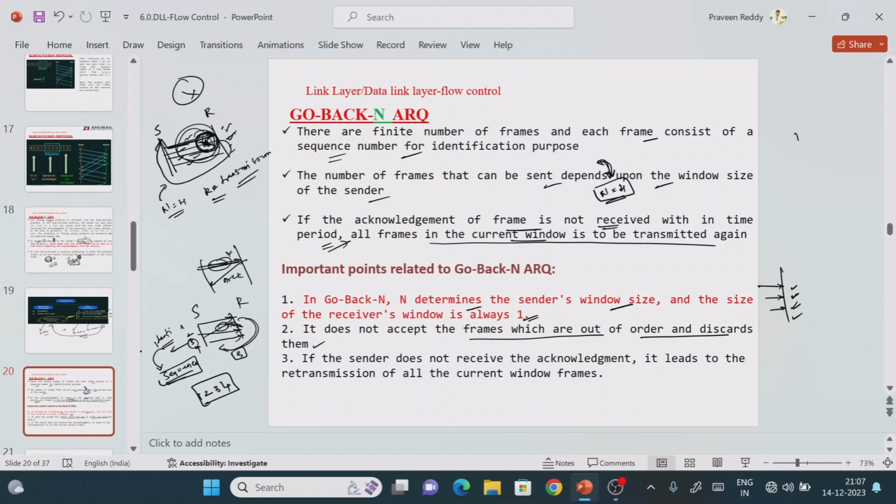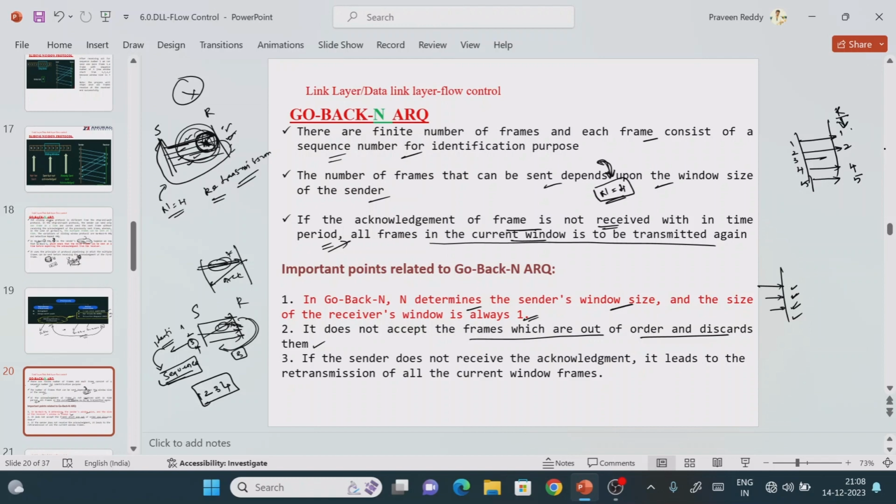Suppose, for example, what is the meaning of this? Suppose you are going to send some frames: 1, 2, 3, 4, 5. This is an important point, try to understand. First I send frame number 1, then frame number 2 is also received, so that process is completed. Then frame number 3 is lost. Then I send frame number 4 and frame number 5. But at the receiver point, it is going to process everything in sequence.